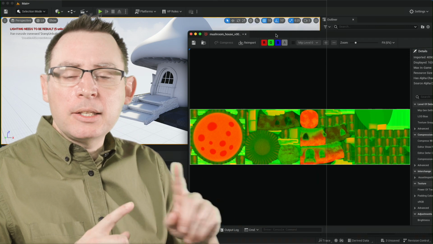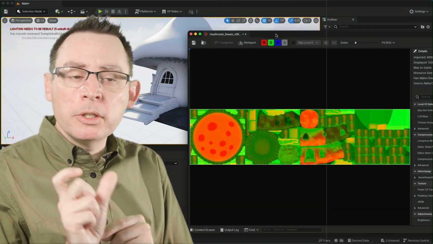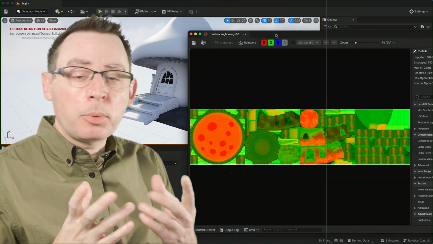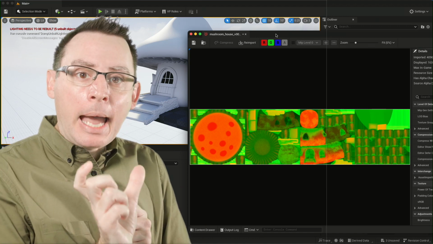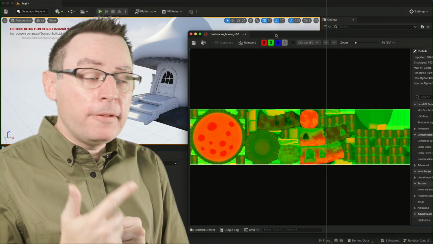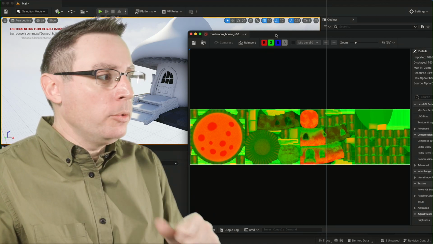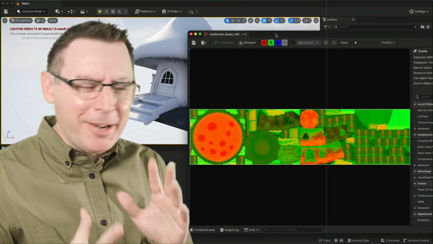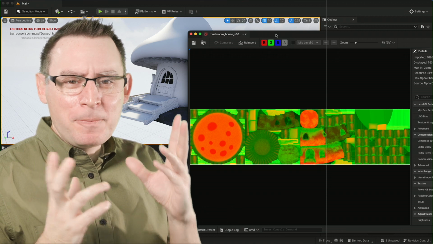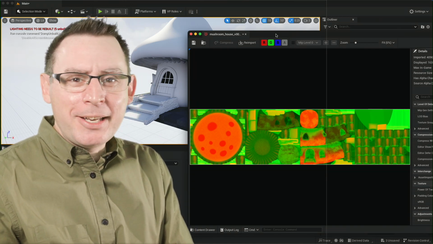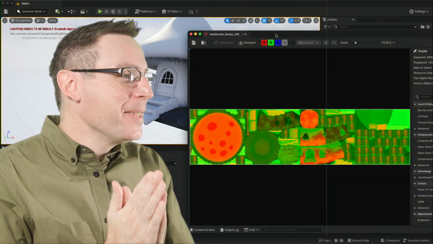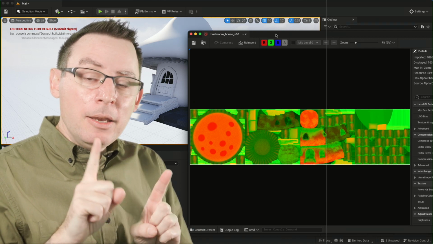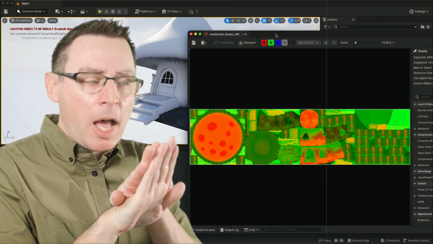If you remember back in Substance Painter, we chose the Unreal Engine export template, and it packed the ambient occlusion, the roughness, and the metallic channels all in one image. And this is what that packed image looks like. It's a little odd, a little strange. It kind of looks like this kaleidoscope of colors. But what we're seeing here is individual color channels overlaid on top of each other.